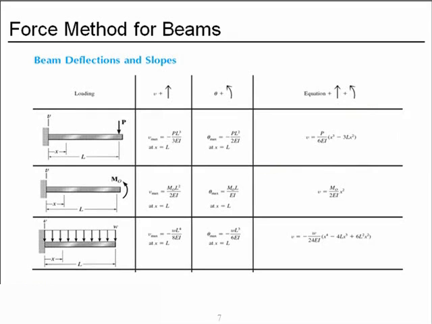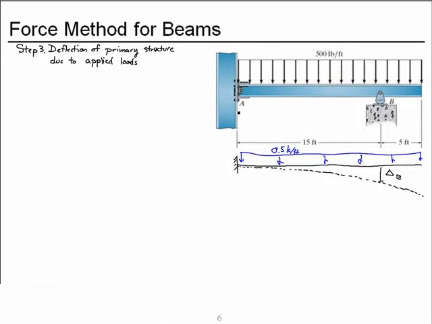Now if we look in the front cover of our text, we'll find over a page of different situations. One of them is cantilevered beam with uniform distributed load. And we don't need the deflection out at the end, we need the deflection over here partway across. So we'll use this formula for deflection where x starts at the fixed support end. So if we start our calculations from A,